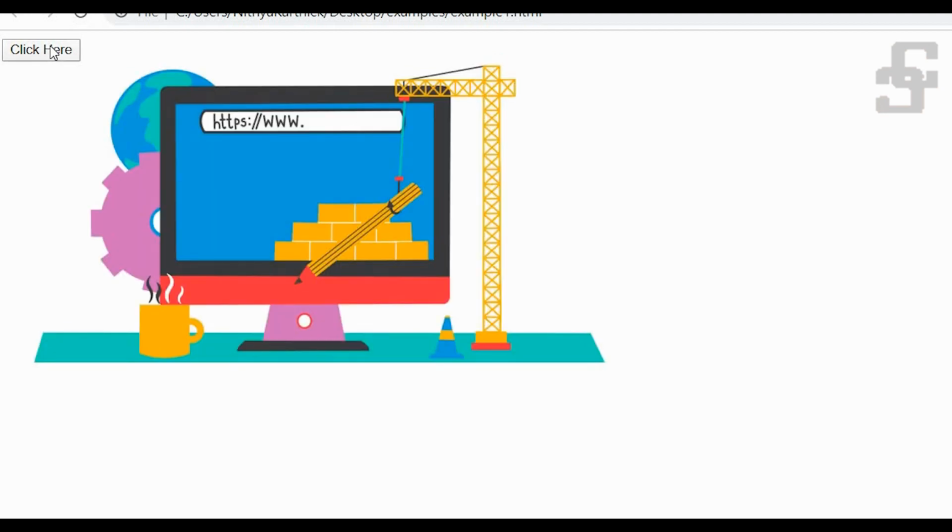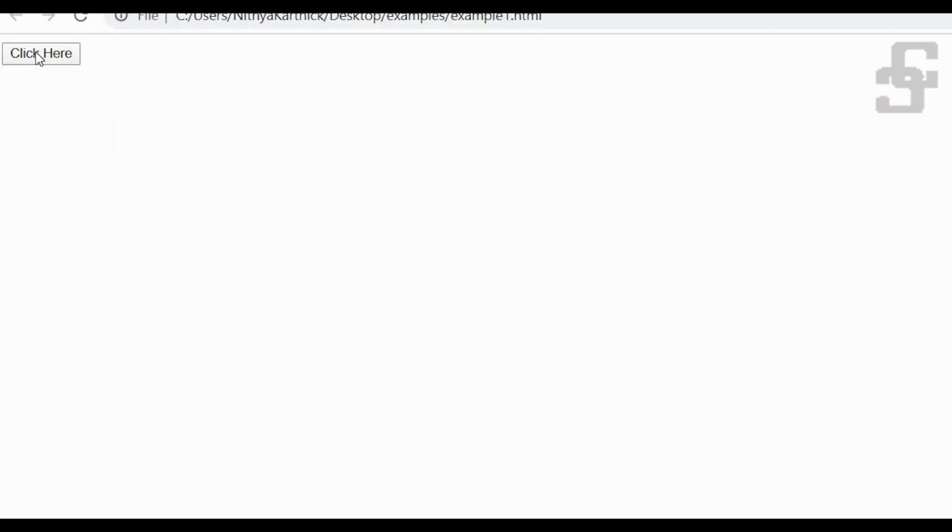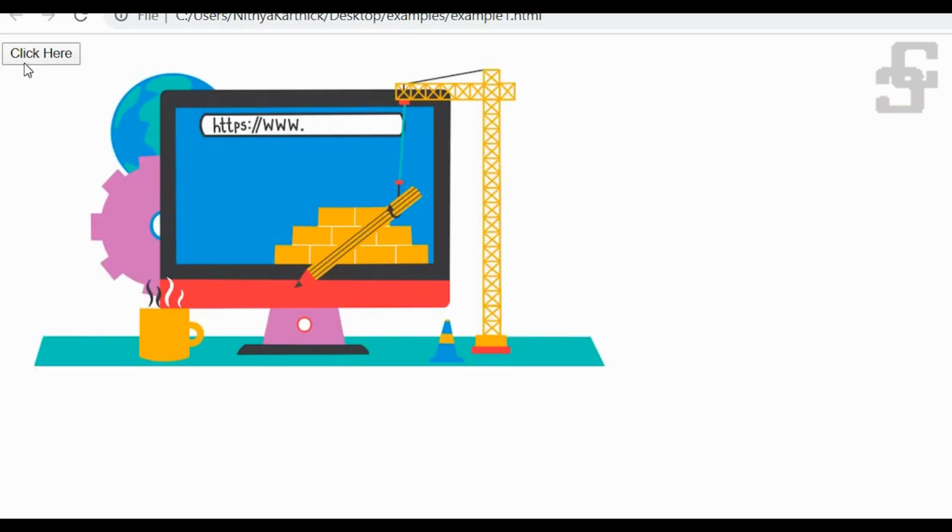Run. When you click on this button, the visible image will become invisible. Again, when you click on the same button, the same image will be visible again. So this is toggle. By clicking, I am getting this image suddenly. So let me give some timing for this.